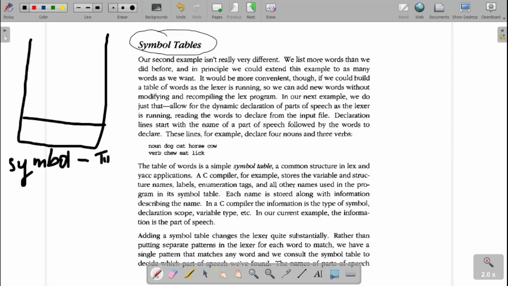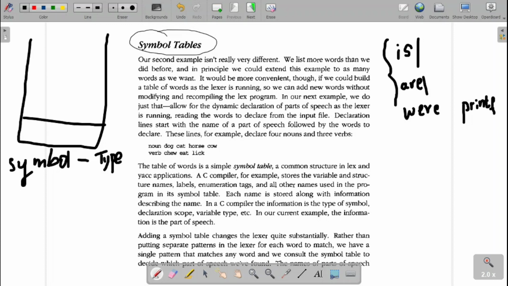So, let us take the example. In the previous example of the Lex program, we used static rules wherein all the symbols were defined earlier. Then, when we give those symbols as the input, they will be identified. In this example, let us take the verb. If they appear, then in the action part we used to write the printf statement, printing them as the verb. So the symbols are defined at the beginning only, in the rule section.